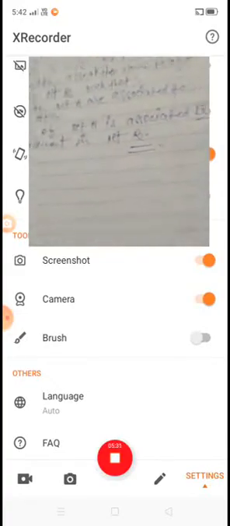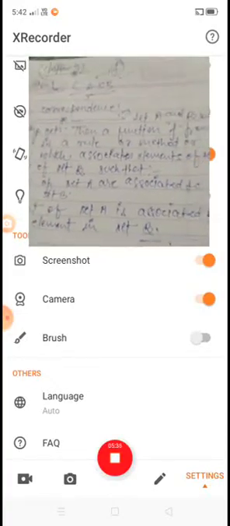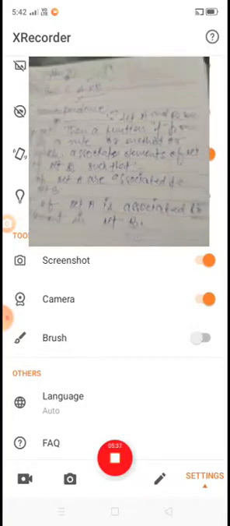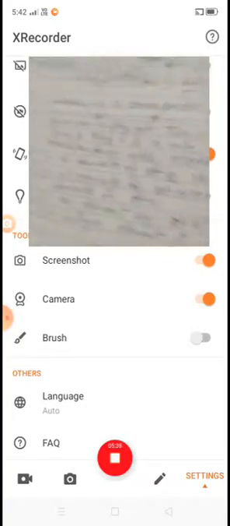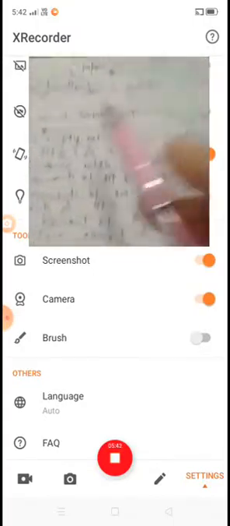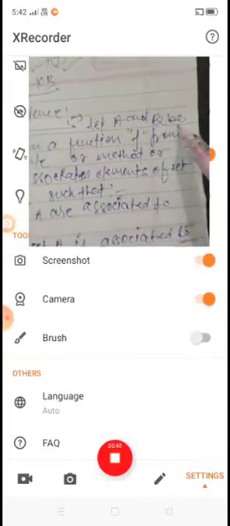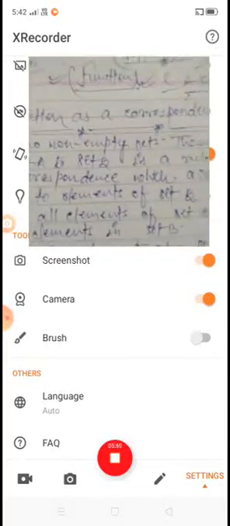Let's see once more. Here we discuss function as a correspondence. Let A and B be two non-empty sets.